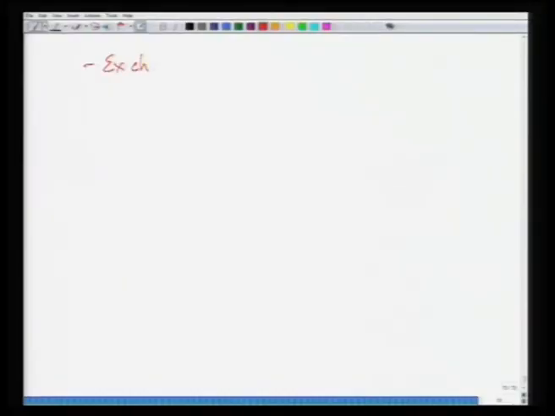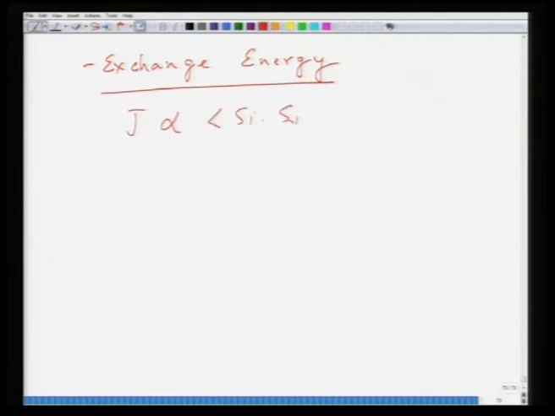But the real picture was slightly different. The real picture was there is no such internal field, but rather what you have is what is called the exchange energy. And this exchange energy is a very funny quantum mechanical concept. Basically it is an exchange integral J, which is proportional to the product of Si Sj, the spin magnetic moments of all the atoms, and you sum them together. In a ferromagnetic material, this J happens to adopt a minimum